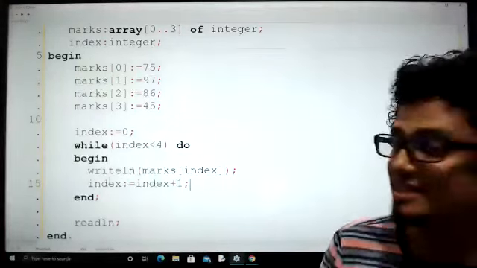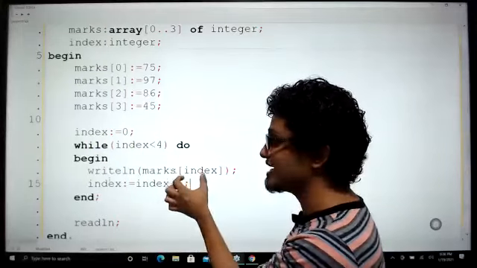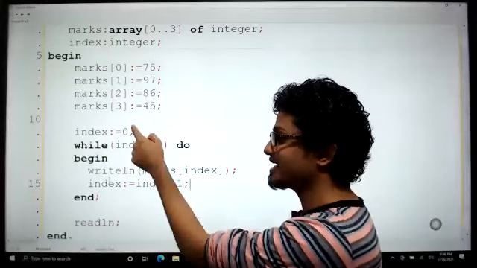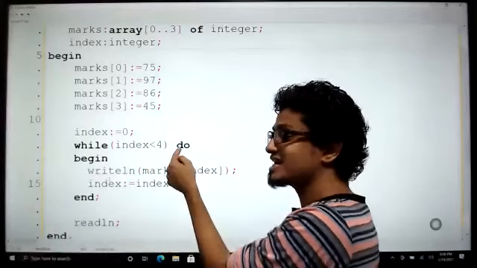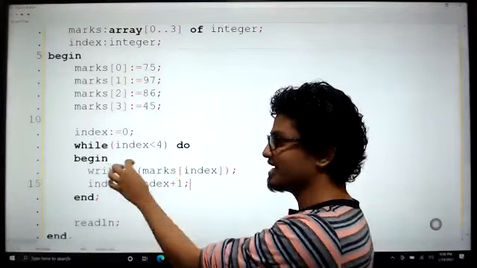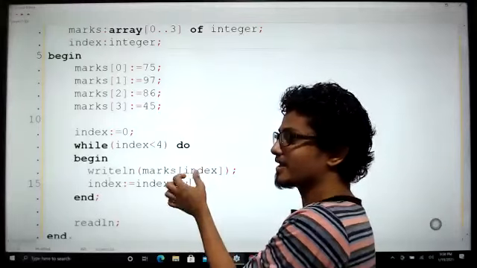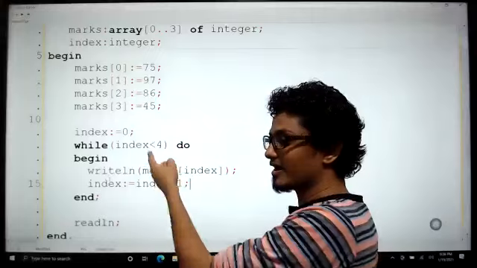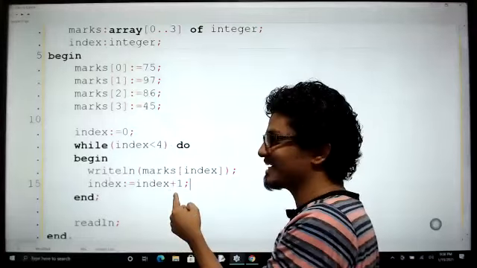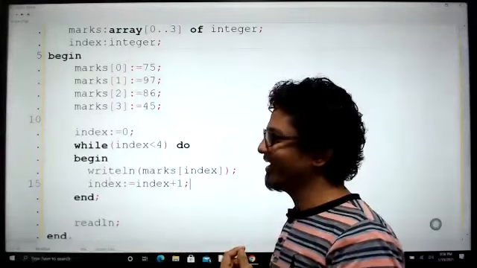In the first iteration, I'm going to have index as 0. Next iteration, I'm going to have index as 1, so it will display marks of 1. Next iteration, marks of 2. Next iteration, marks of 3.